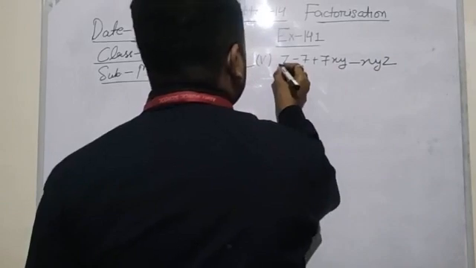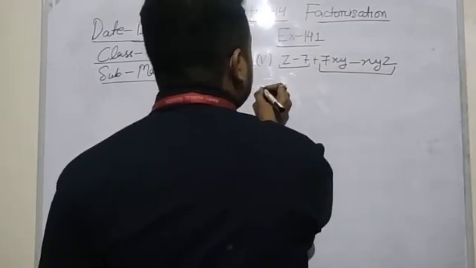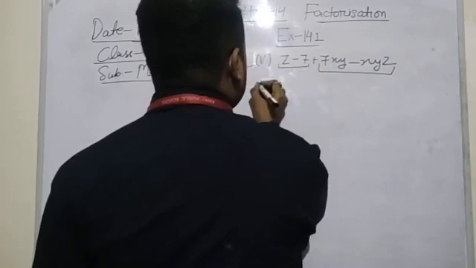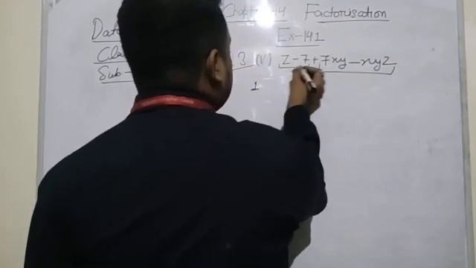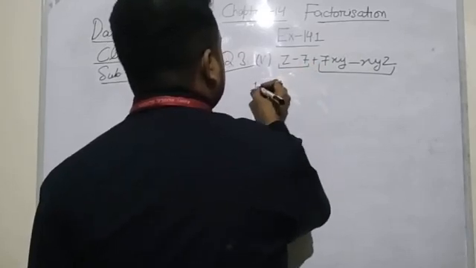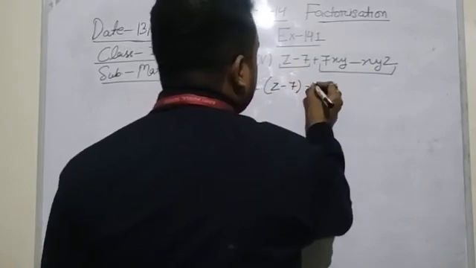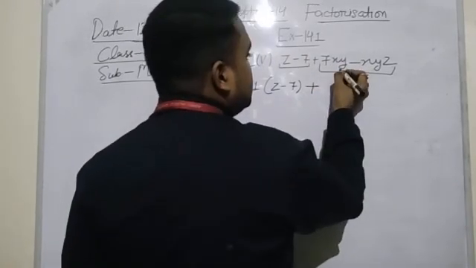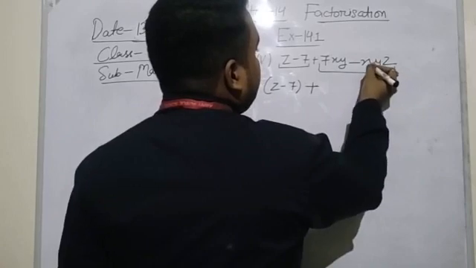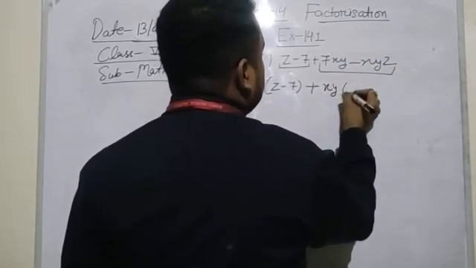So if we make the group of these two terms, here we take only one, because there is no such number or variable which is common in these two terms, so we take 1 as the common factor. And now z minus 7 plus, here we can see that y as well as x is common, so xy, then in bracket